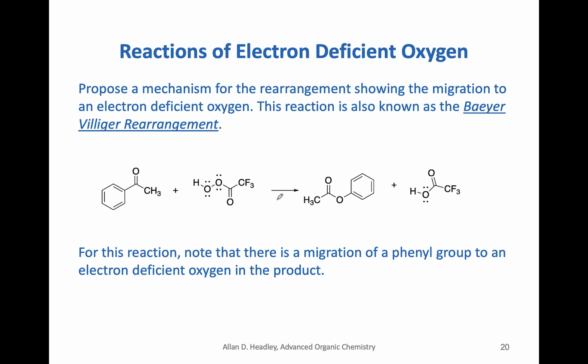Let us look here at the electron deficient oxygen in terms of the reactions. The reaction here that we look at is known as the Baeyer-Villiger reaction. But let's see what happens here. We have a ketone with a phenyl again and a methyl. In this case, we are introducing here a peroxy acid, or a peracid,